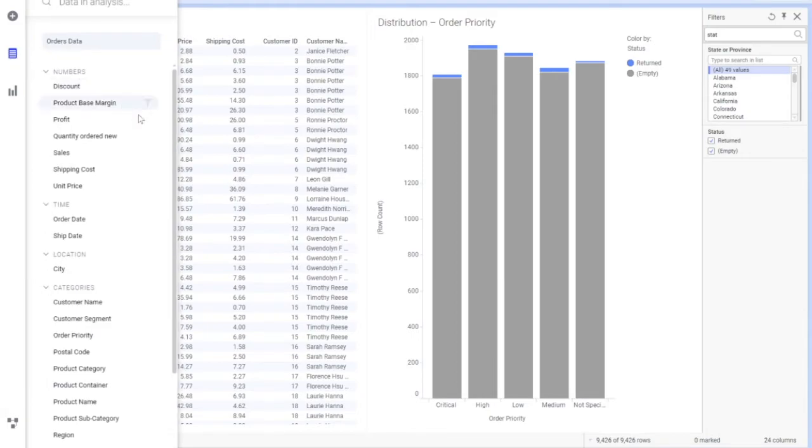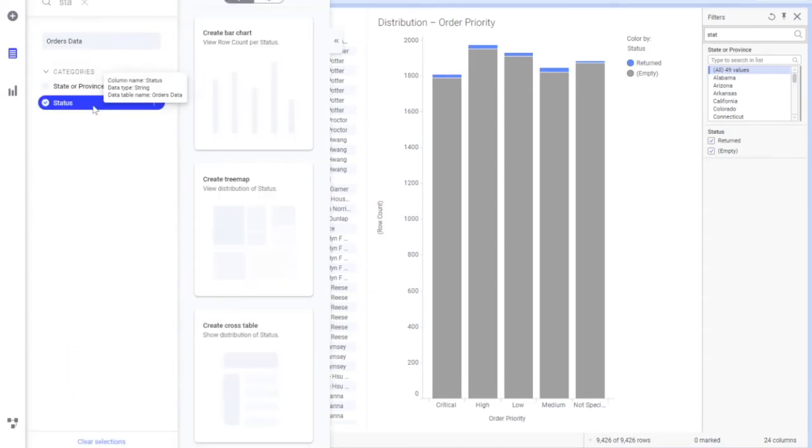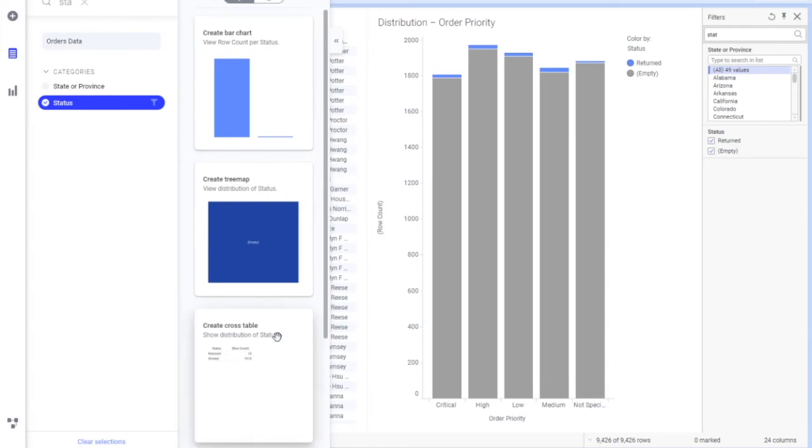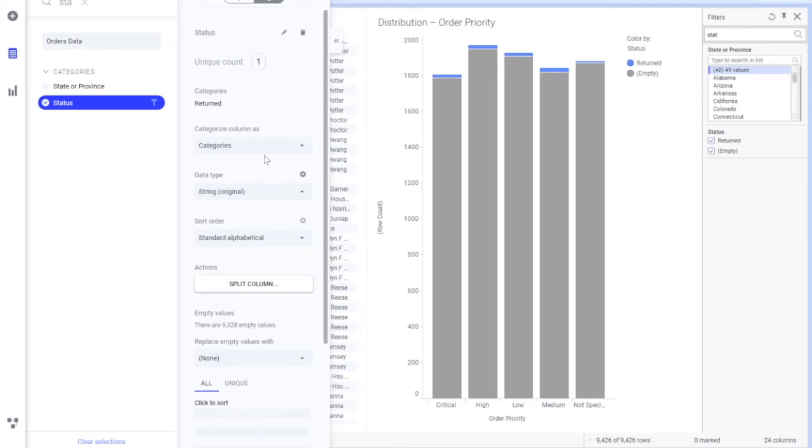So data. Here I'll have the status column, which I can search here. If you want, I can search here. Okay, so you have all these options. You can search your column status. If you click on that, you will go to the descriptions of this particular data column. Okay, you can create the visualizations, the recommended visualizations. I'll click on this gear icon, and that way I can move into the settings of this particular column.